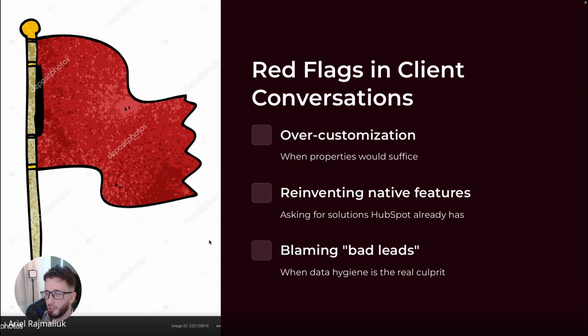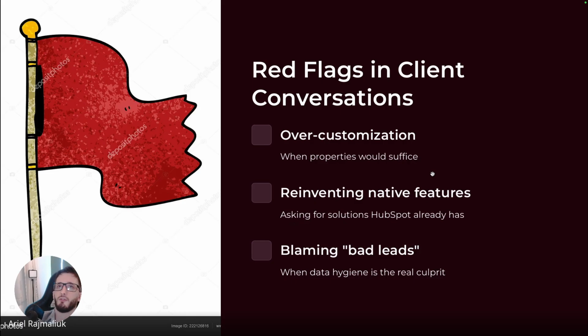So start small, try to have quick wins and deliver. It's better to deliver small things than a very long one with a lot of features that takes longer. And this is very common in app development. I know if we have developers here, but it's the same idea. You divide it in sprints, and you can deploy or release these things in very small features instead of waiting another week to release all together. So focus on small things and don't over customize anything. No need to reinvent native features.